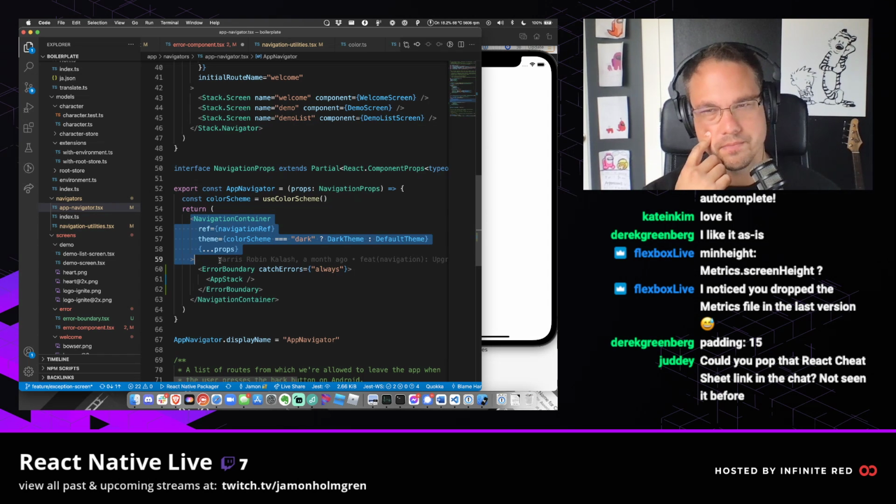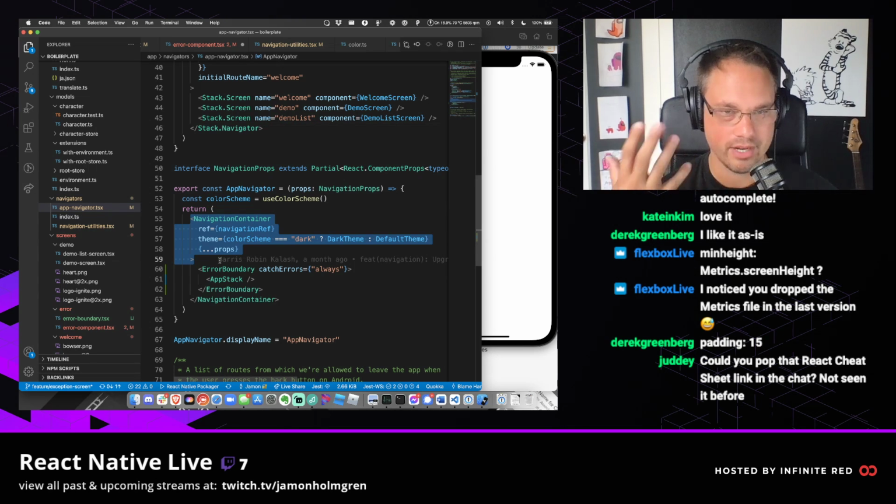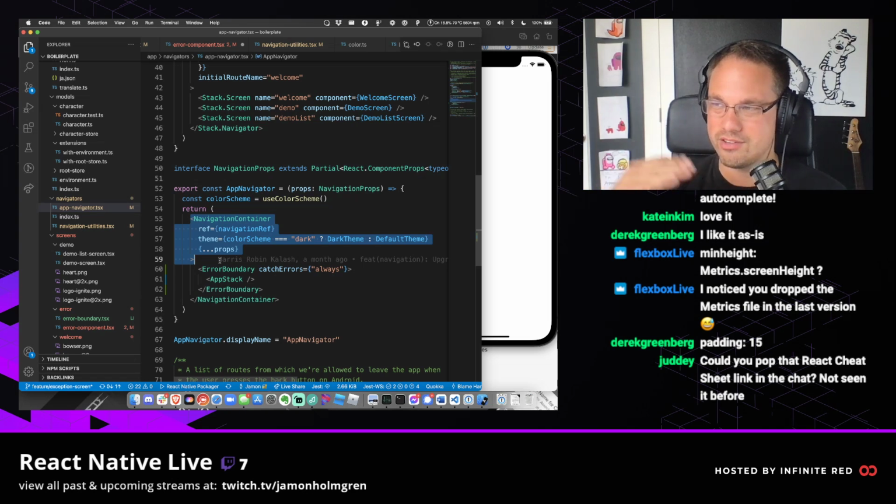This is a tough one. What we're running into here is we kind of need some information from inside of the navigation container there. However, we really need to wrap the navigation container at the same time. So it's like this weird kind of